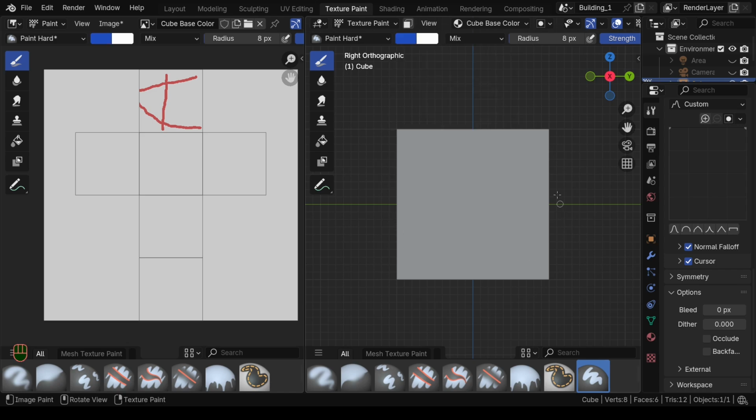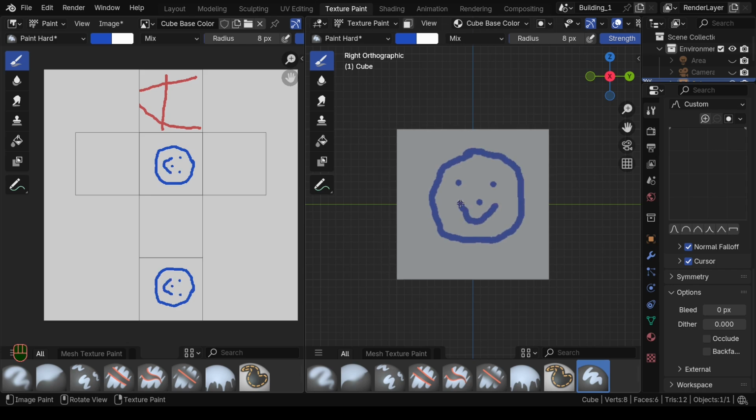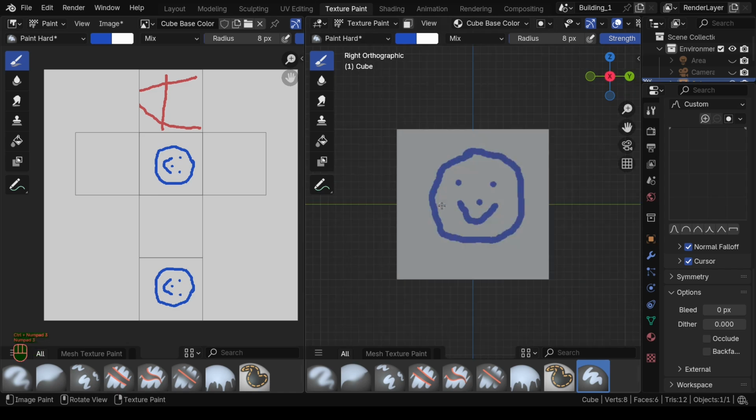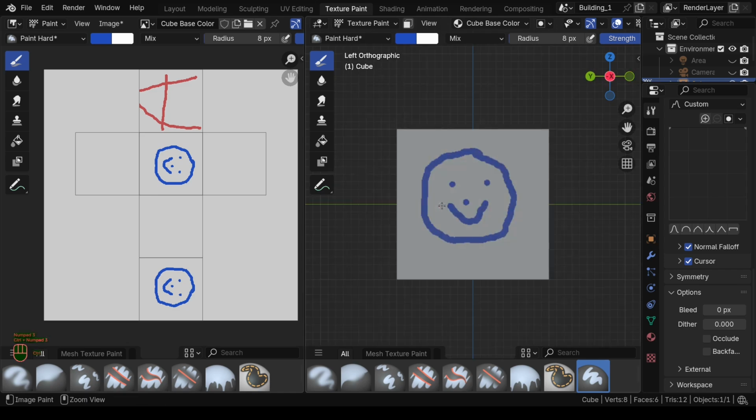Pick blue, for instance. And I'm going to draw a terrible circle. Notice it showed up in 2 places on the unwrap. Okay, this is numpad 3. This is control numpad 3. So it's there twice when you